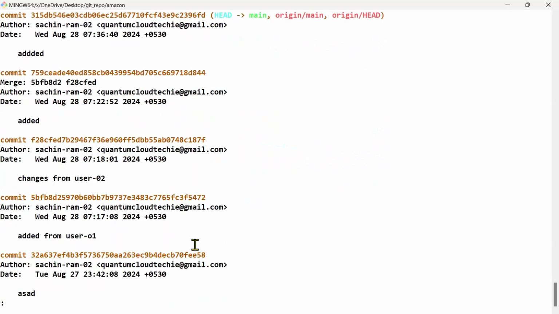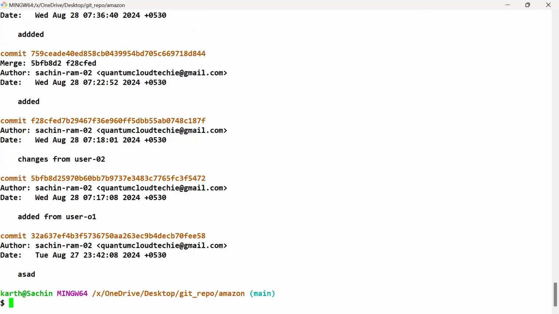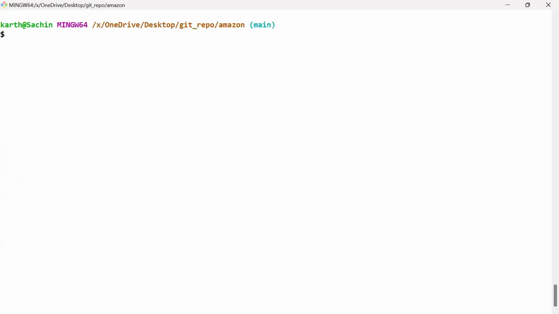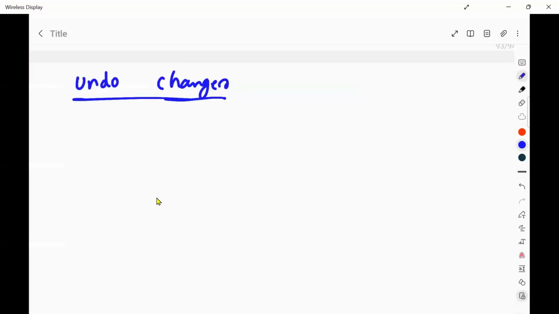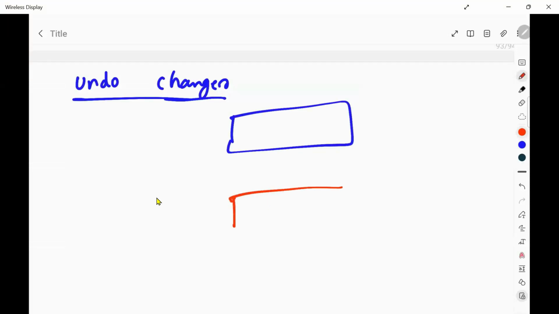Okay. Now, what we'll do is, we'll modify some file and we'll do git add. The moment you do git add, what happens, sir? Any idea? Sir, I just want to take some 15 minutes and explain this. See, this is my working directory. This is my staging area and this is my local repository. Okay. Whenever I do git add,